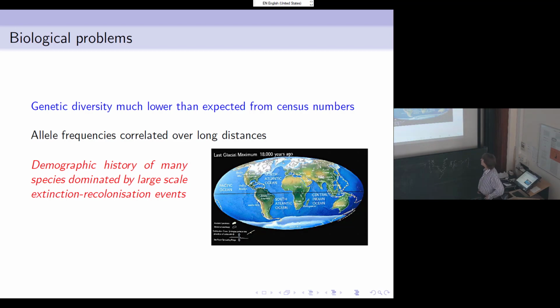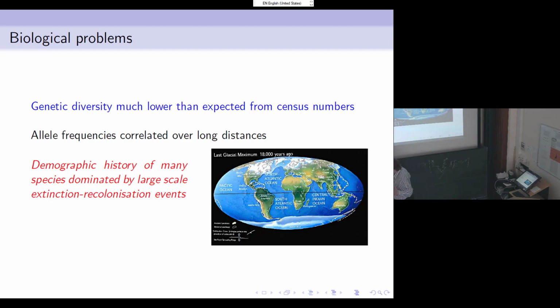I'd like to illustrate this with this map. This is where the last glacial maximum was 18,000 years ago. And I can tell you it would have been a good deal colder in Bonn then than it is today. So most of Northern Europe was covered in ice, and many species, especially species of plants,